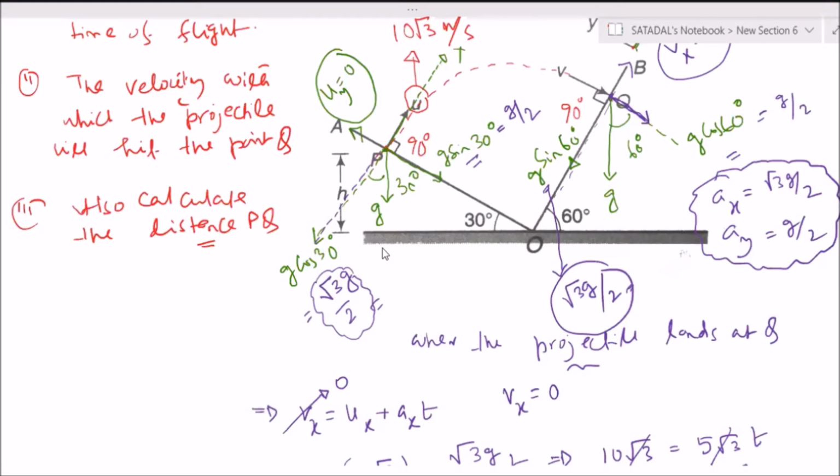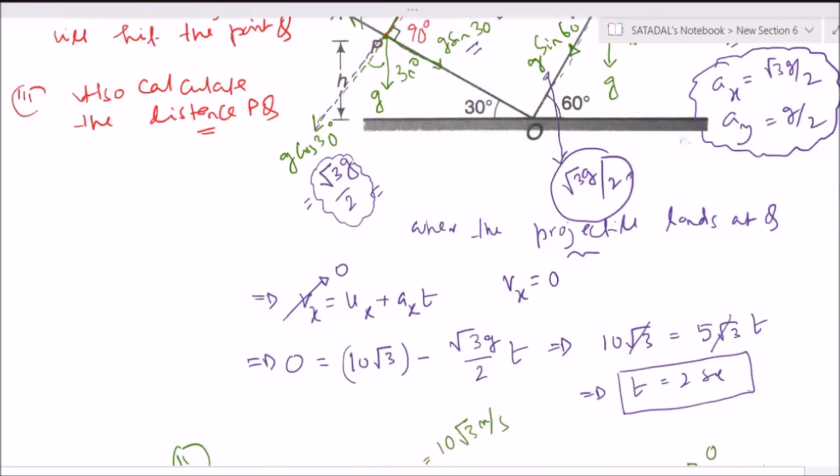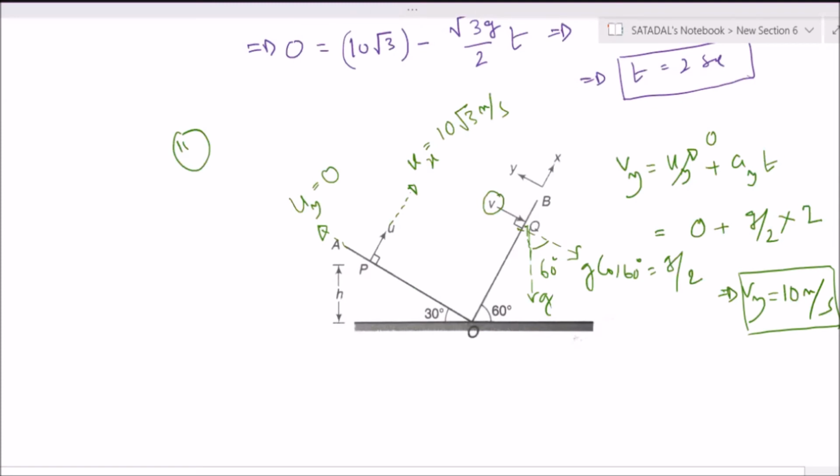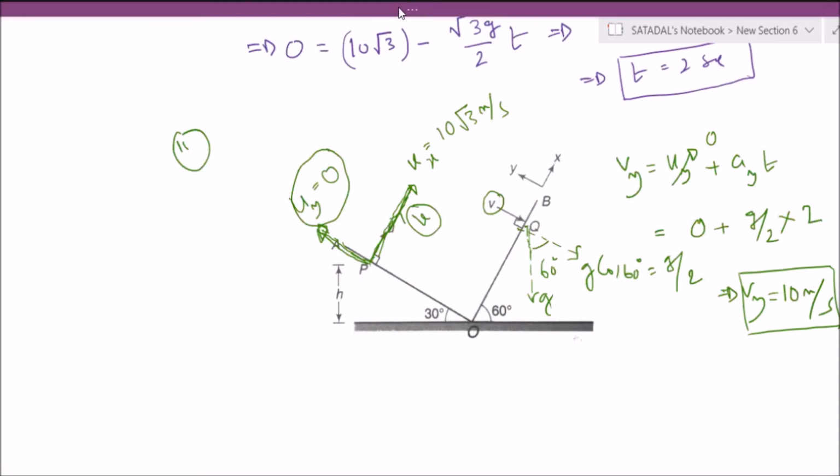Sir, once explain how uy is equal to 0, sir. Okay, fine. We'll come to this diagram and check. See, what is the x-axis? This is the x-axis. So the body was thrown along the x-axis with speed u. So what should be the initial velocity in y direction? That should be 0 only. No velocity is there. Entire velocity is along the x-axis only. Okay, sir. Understood.